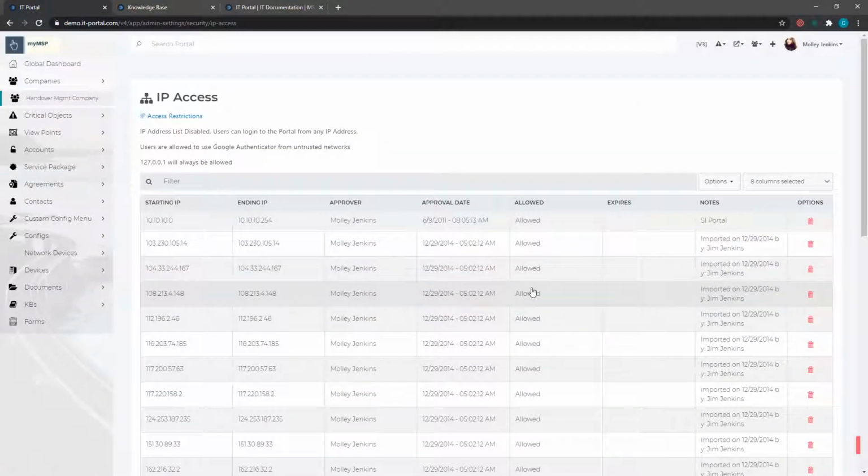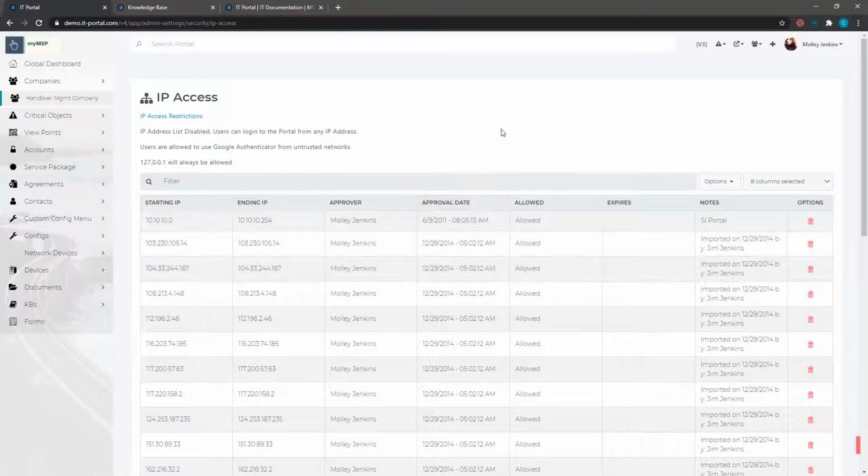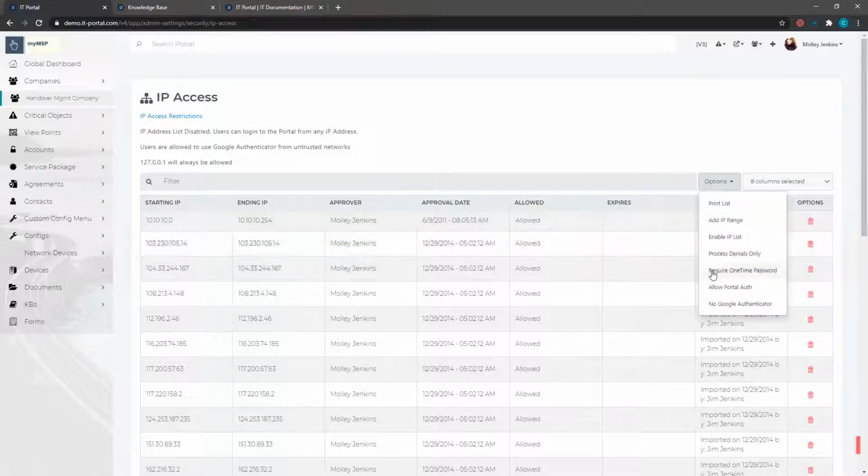IP access. This is an interesting feature that allows you to block specific ranges of IPs or allow specific ranges of IPs and use that as your access table to get to the portal. By default, once it is enabled, nobody will be able to log in at all unless they're coming from an allowed IP range. However, we have some options here that you can allow them to enter their multi-factor code to